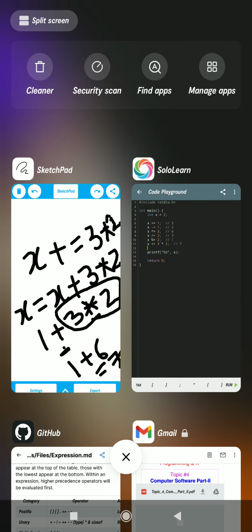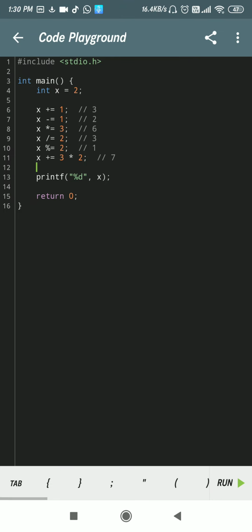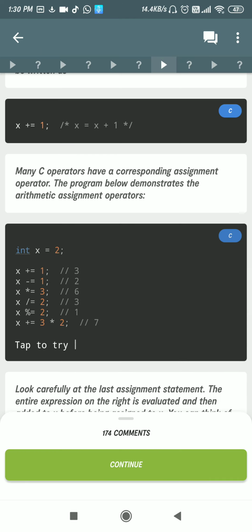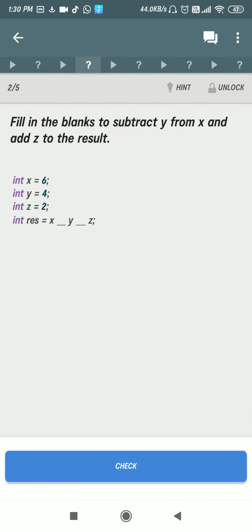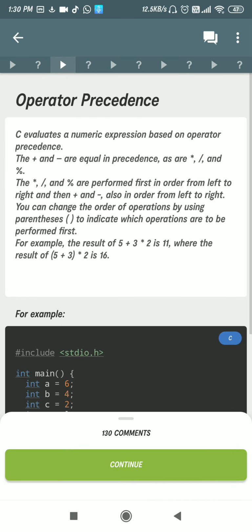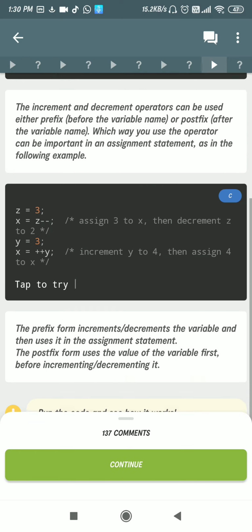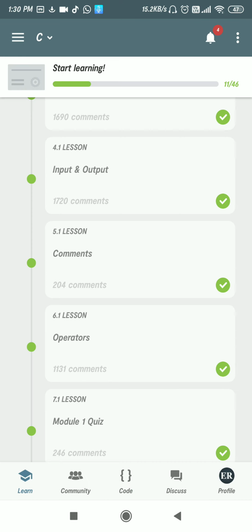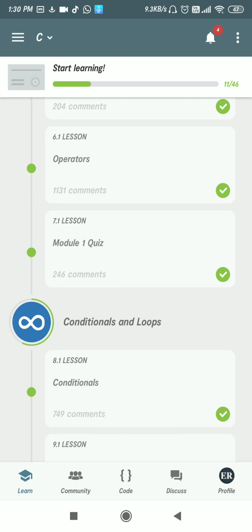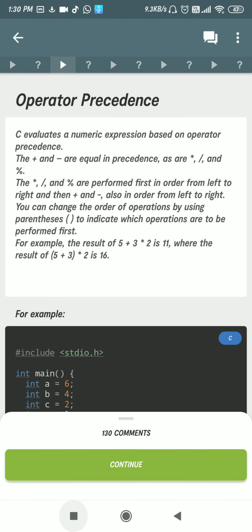So we will do that later, but how will we come to know which operator will run first? Done. So this is the assignment operator. After the assignment operator, we have the relational operators. So what is the relational operator?